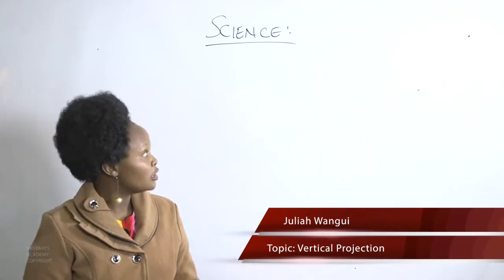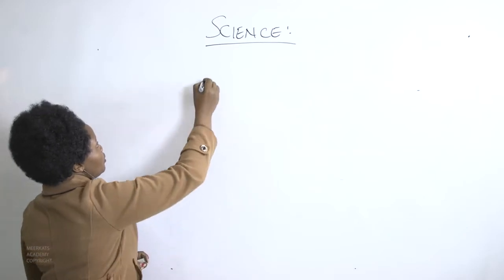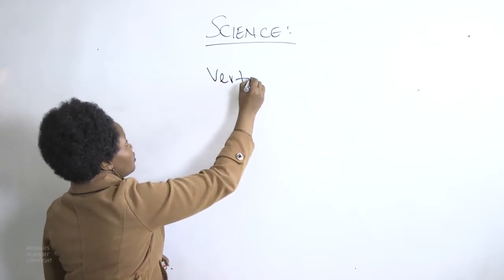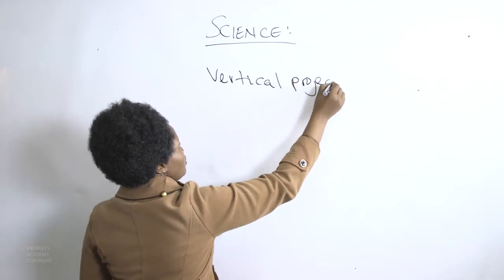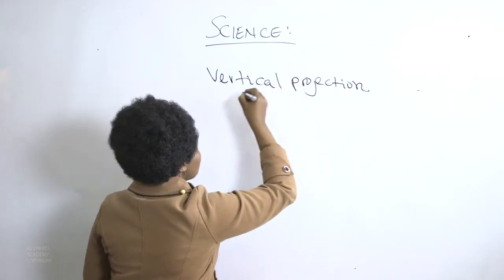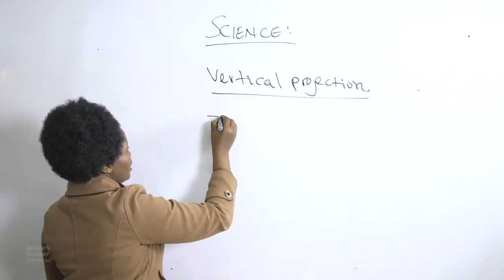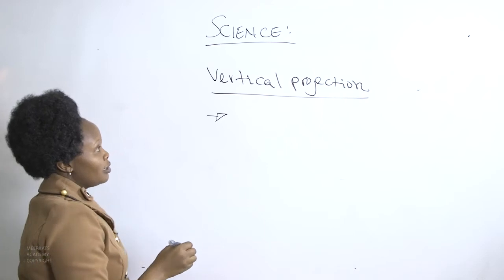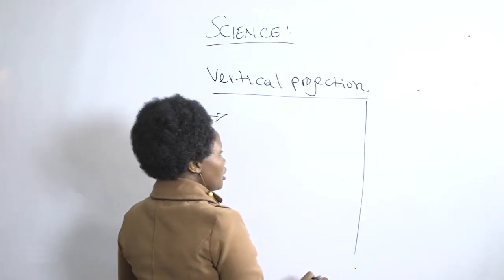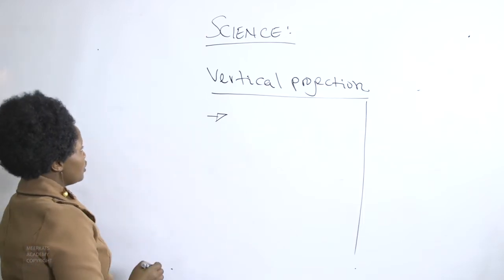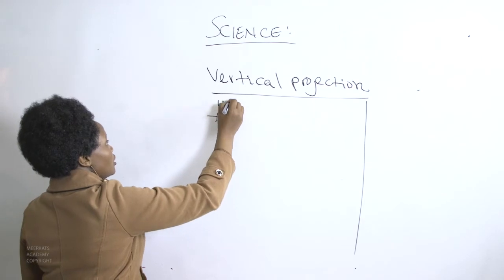Now, just to help you recap, last time we looked at vertical projection, and we managed to come up with about 3 different equations. Only that we limited ourselves to 2 directions. Now, when we project the body upwards,